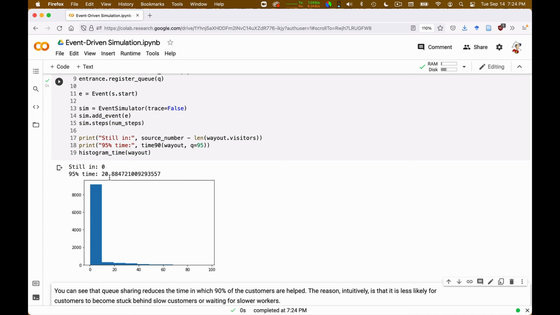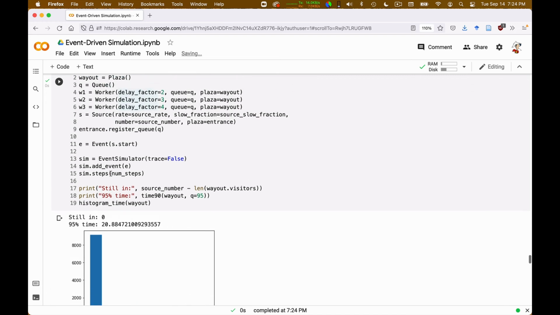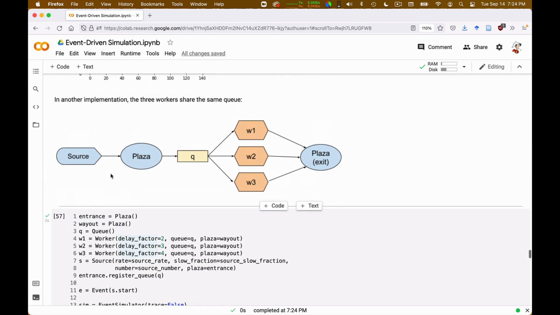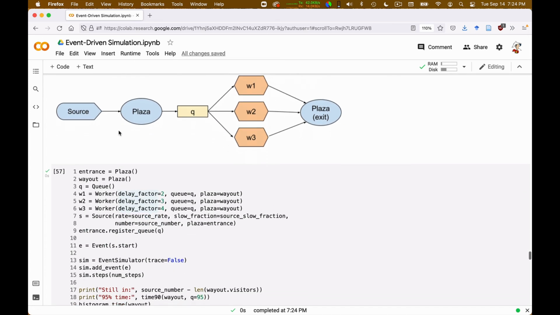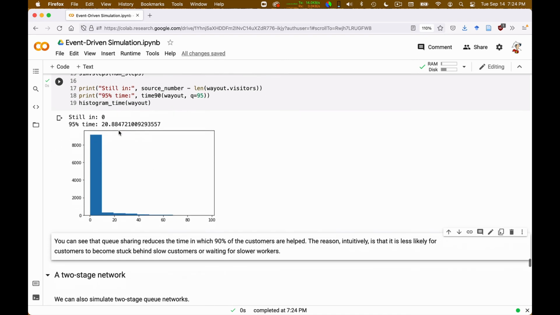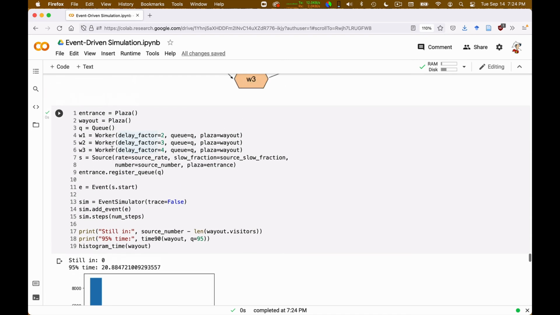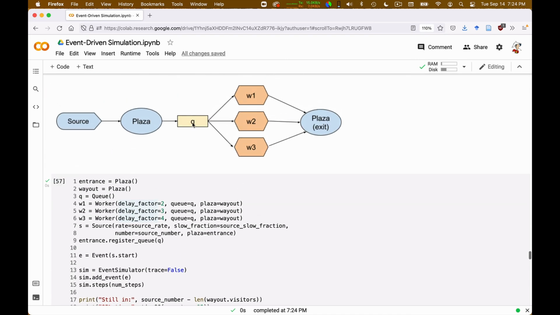Okay, so this is the time distribution I obtain, and the 95% time now is 20. Before, as you can see, it was 34 point something. So it's markedly more efficient in this case to have only one queue. Okay, why is it so much more efficient? Because if there is only one queue,